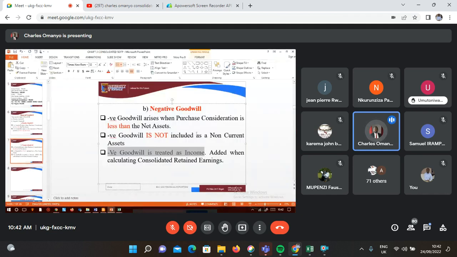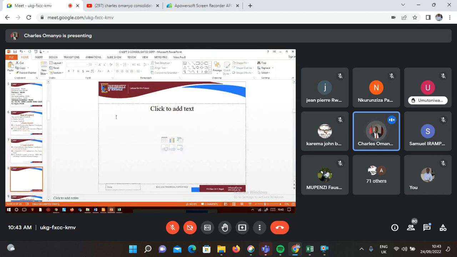Negative goodwill is treated as income, added when calculating consolidated retained earnings. I will explain that because we are about to look at that. Now, what is the format? Let's have a note, NB: there are two formats. There are two methods used. Please take note of that. Used to calculate